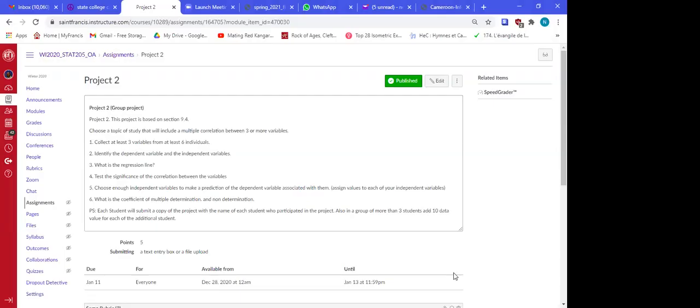So about the project, what we did so far is a simple correlation. In a simple correlation, you have one dependent variable and one independent variable. Sometimes you have more than one independent variable. Let's say, for example, we are trying to estimate the test score of a student for a